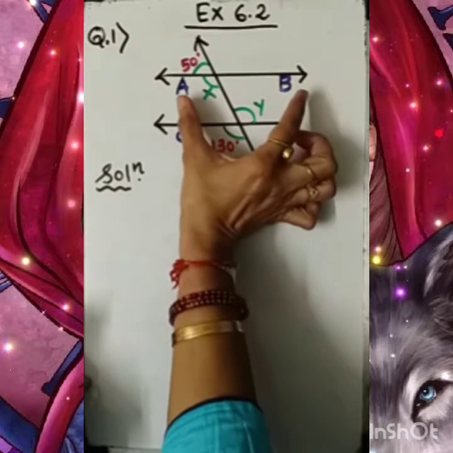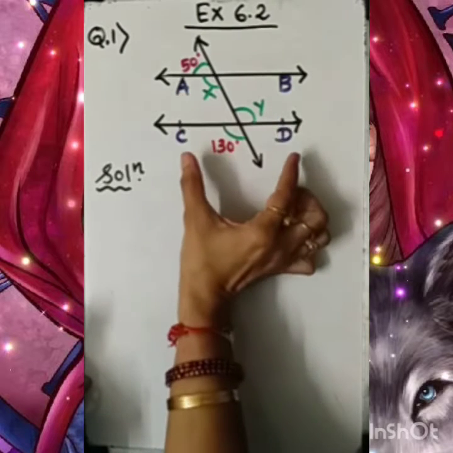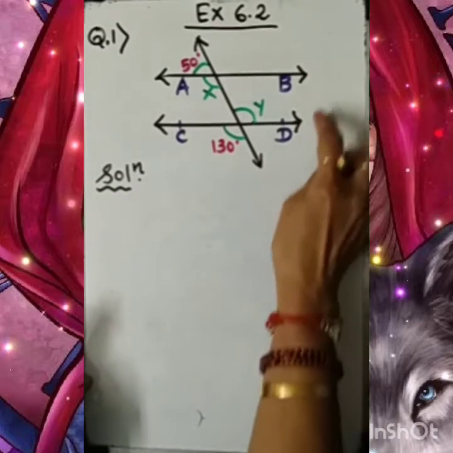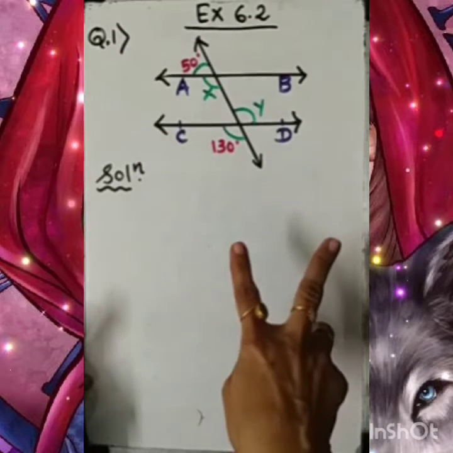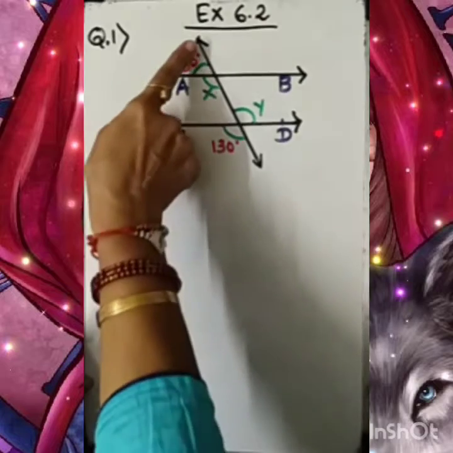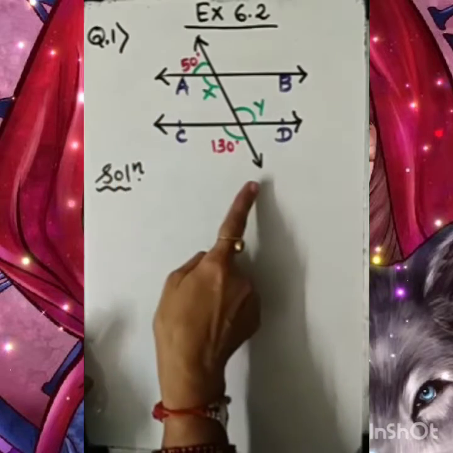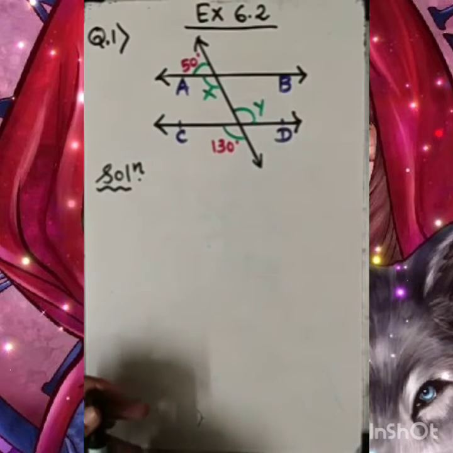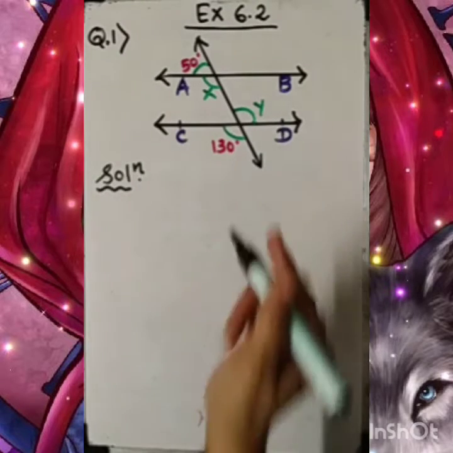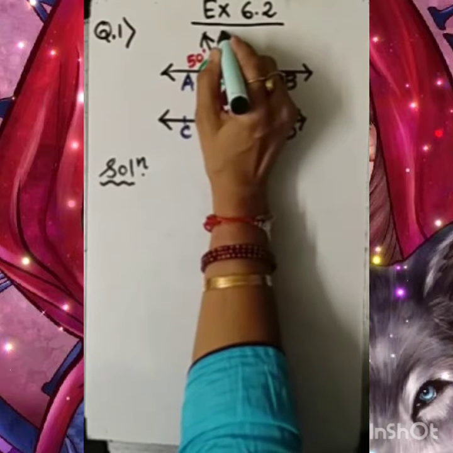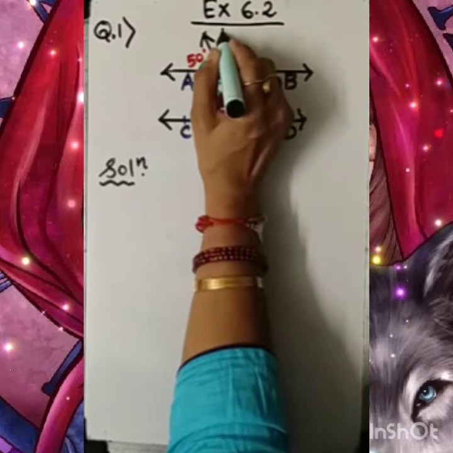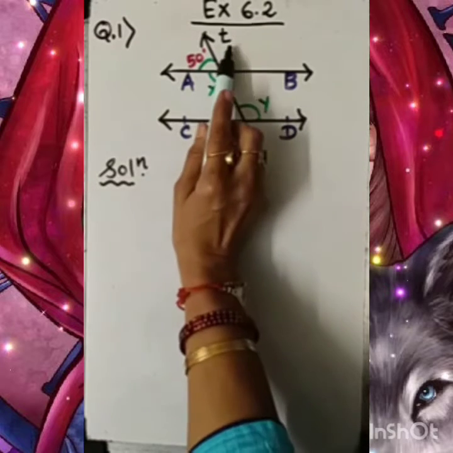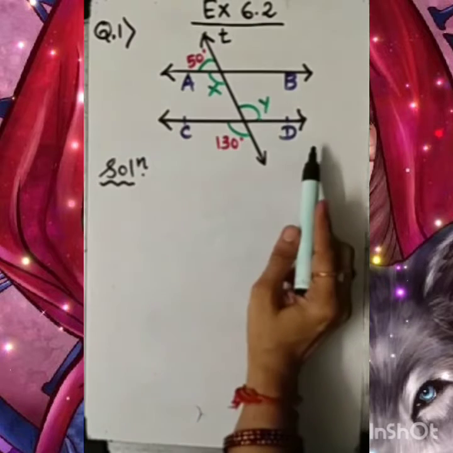Here you can see line AB which is parallel to CD. Agree? These two lines are not intersecting, they are parallel lines. Okay? And one transversal you are finding. The name of this transversal we are not given, but we can give a name here for our convenience. I am giving the name of this transversal T. Now T is a transversal of line AB and CD here.